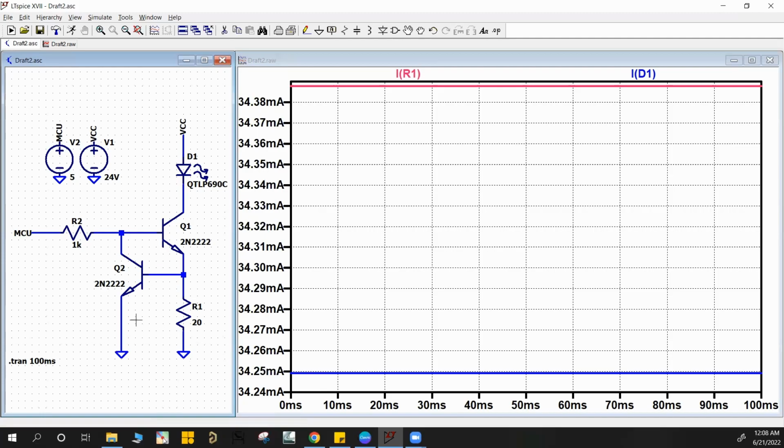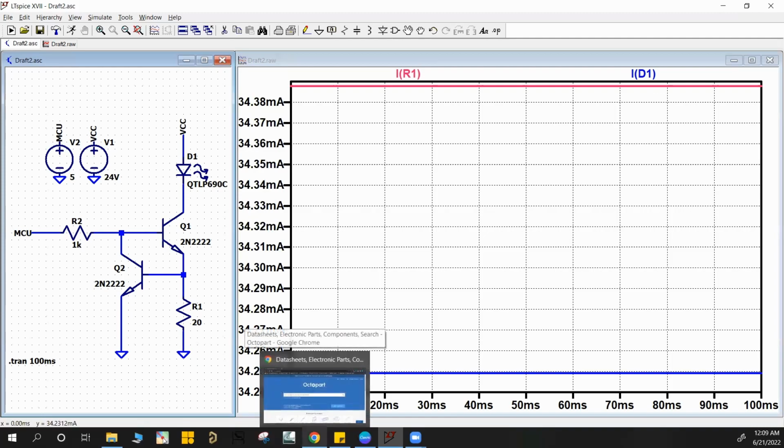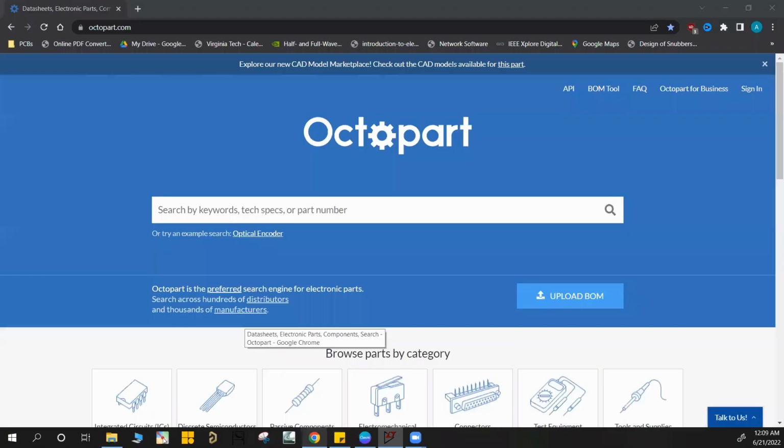Thanks to this circuit, which creates that closed loop feedback, we ensure that the current through this LED always stays within a specified range, which was defined by using this R1 resistor. Also, as a side note, since we confirmed this, one thing you should do looking through your LTspice simulations is, for example, let's say we pick this guy, the 2N2222. What you can do is go to, let's say, Chrome in this case,